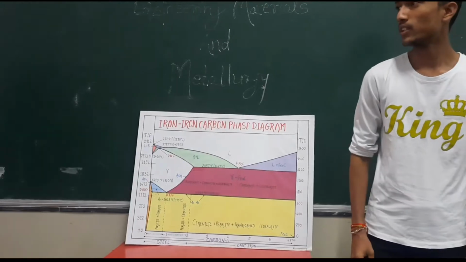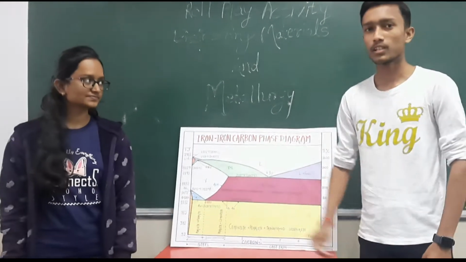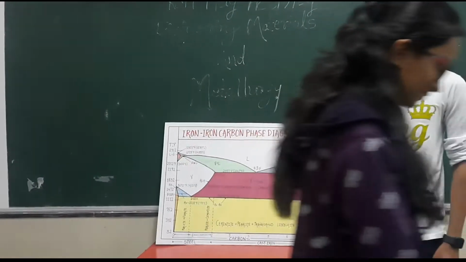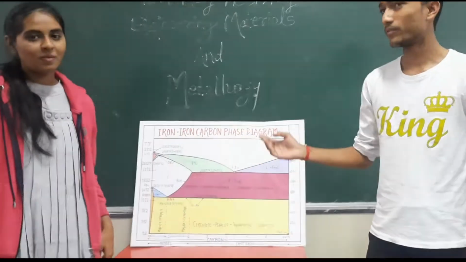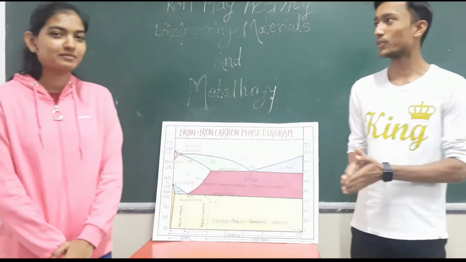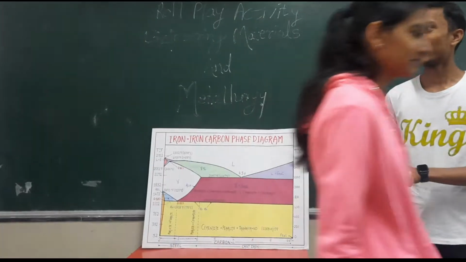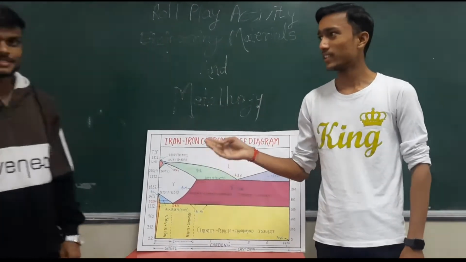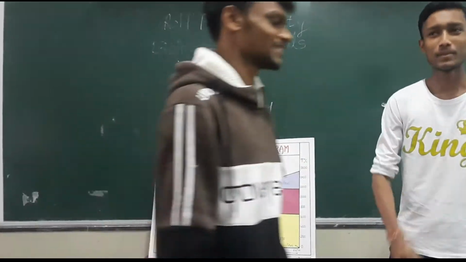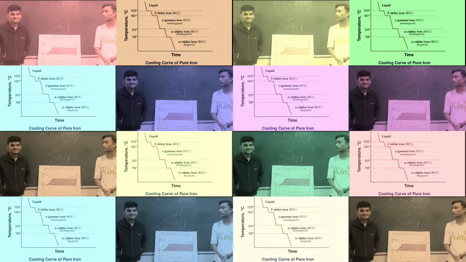Firstly, Payal Jadhav, she is playing the role of the cooling curve. Then Yogita Zungare, she is playing the role of ferrite. Then Harshada Kalse, she is playing the role of cementite. And my friend Rohit Mahajan, he is playing the role of critical temperature. Gaurav Patil, he is playing the role of austenite.